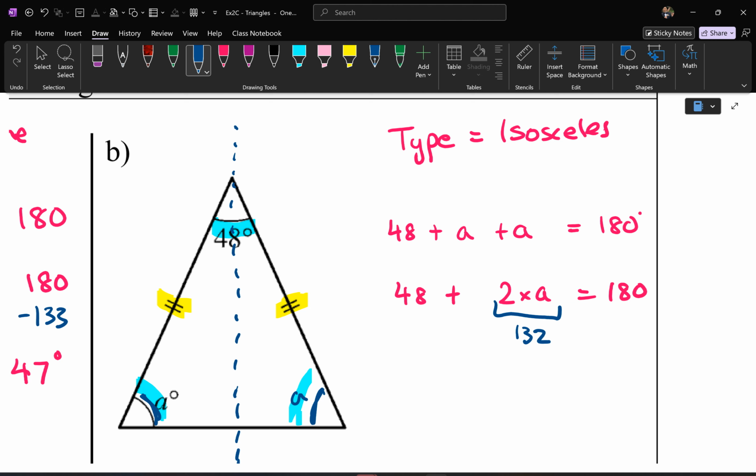So even though I don't know what double of this number is, I can work backwards. I can say 48 plus something has to give 180. So that means double of something has to equal 132. So double of what will give you 132? 66. If you didn't know that, you can do the reverse. Instead of timesing it by 2, you can divide by 2. You can halve it, because you know there's 2 of something to make 132. If you halve it, then you get 1 of each. So halving 132 is equal to